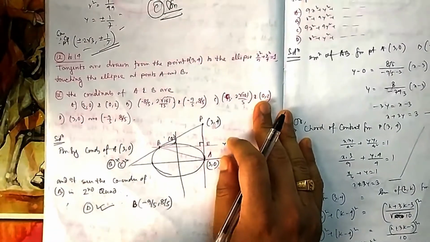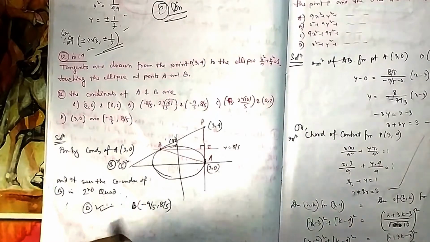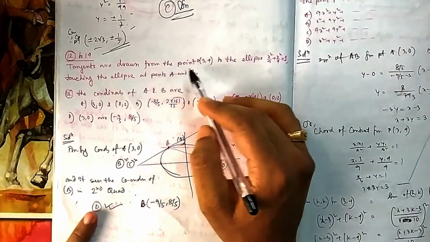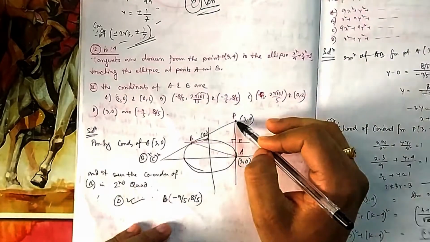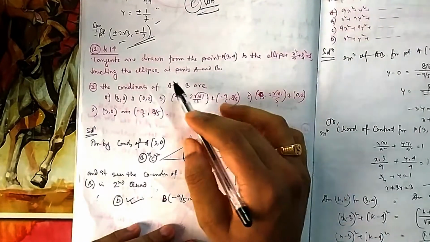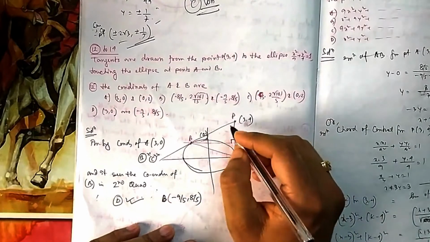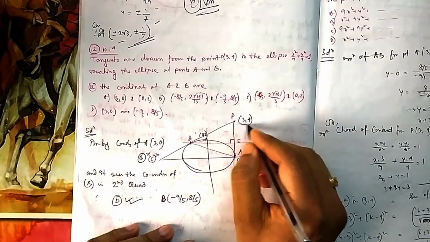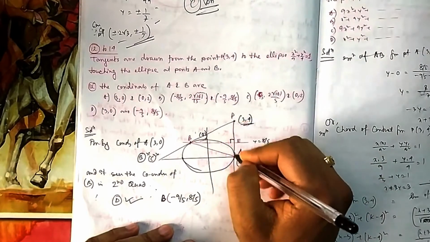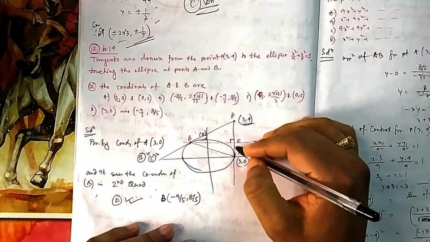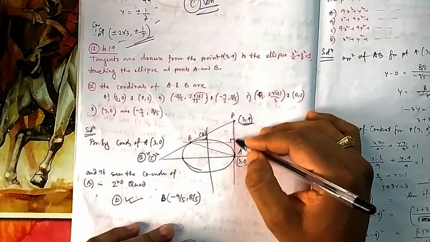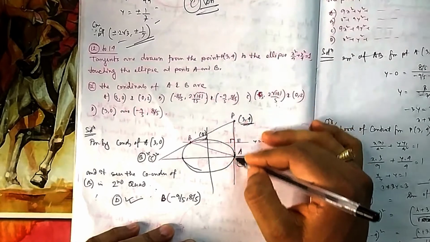Now let us come to 12 to 14, all are linked questions. If you come to question number 12, the tangents are drawn from the point 3, 4. From this point you have drawn tangents to this ellipse, touching the ellipse at the points A and B. If you draw it a little bit without solving, you can see, because the point is 3, 4 and the abscissa is 3, if you draw this straight line, it will touch this ellipse. So obviously this is one tangent.